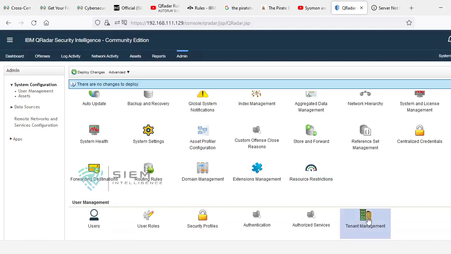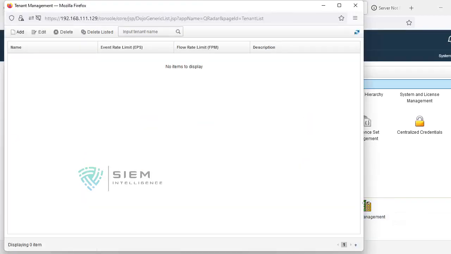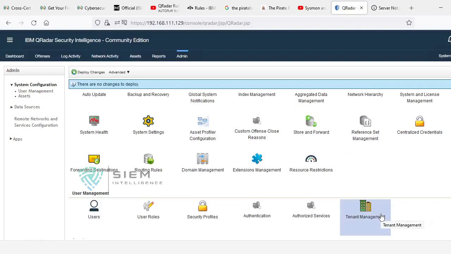There is an option, first and foremost, at the bottom, called tenant management. See, you can just open this. You can create your tenants. You are giving one part of your house as a tenant; people come and take one of your houses on rent. You are giving this particular QRadar on rent. So how can you create one? First and foremost, just click on the tenant.